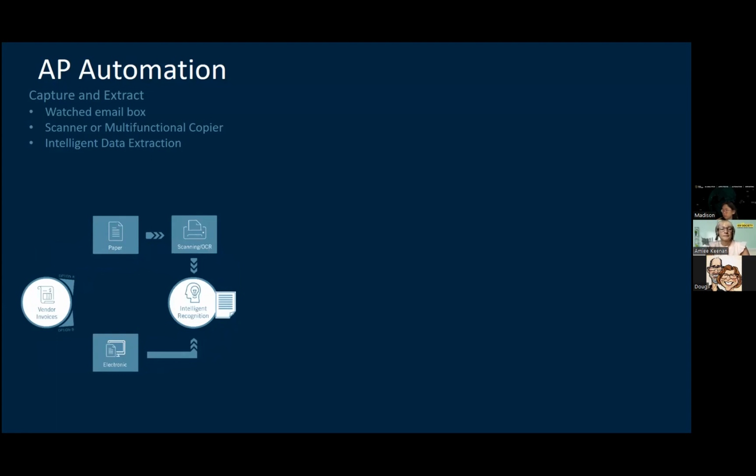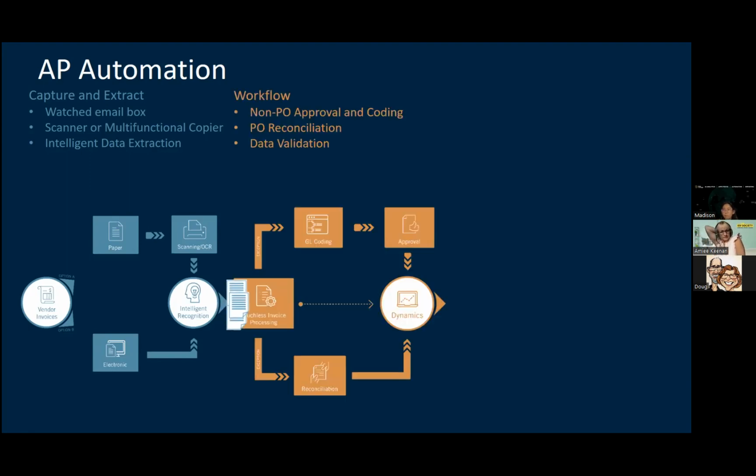So basically a human doesn't have to monitor that email box. The system is watching it. It's automatically pulling in the attached invoices. And then they feed right into the intelligent recognition engine that uses that AI to intelligently read that document and extract the data. And then once we've extracted that data, it flows into the workflows, which is really that second